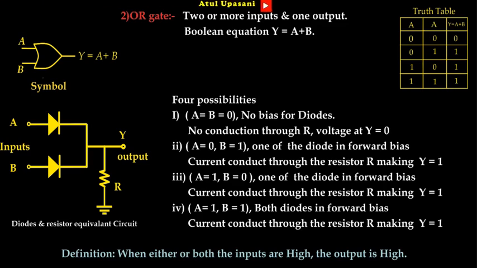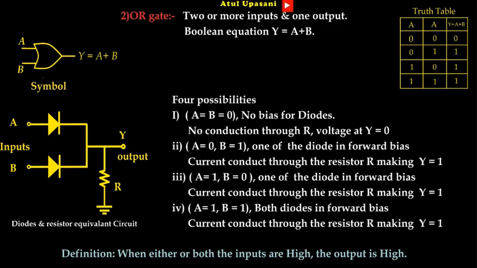Here two diodes are connected, one to input A and one to input B. Output is taken at the common cathode with a passive pull-down resistor with respect to ground. So here two inputs are there, and if binary levels are to be applied, four combinations are possible. First of all, let us see if A and B both are low. Both the diodes will be in reverse bias. So here at the output we will get 0. If one of the diodes is connected to plus VCC, then that diode will be forward biased and the output will be 1.